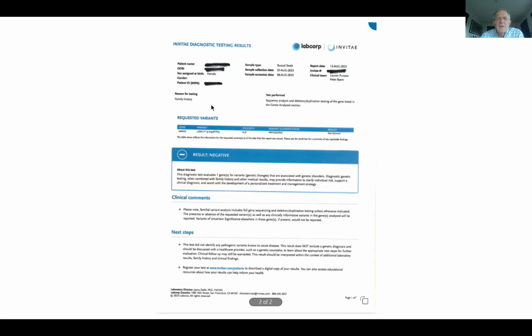In this case, this is a different one. Same gene, but a different substitution. And here, the result was not seen. So the result is negative. And you have no